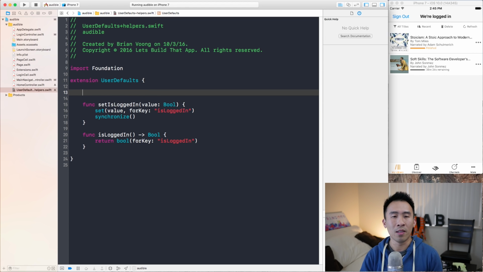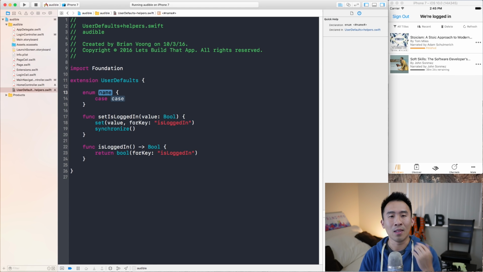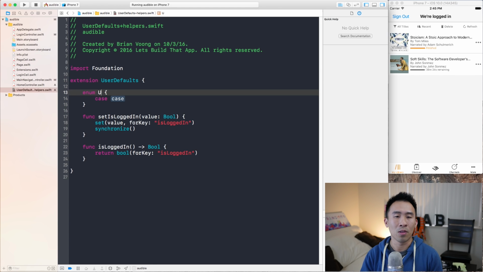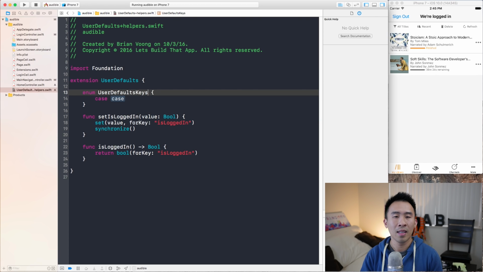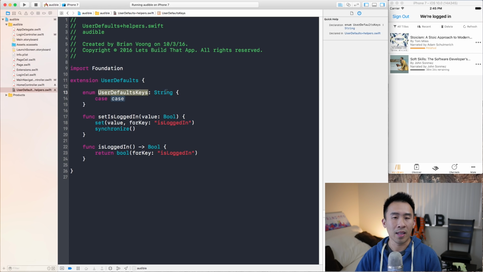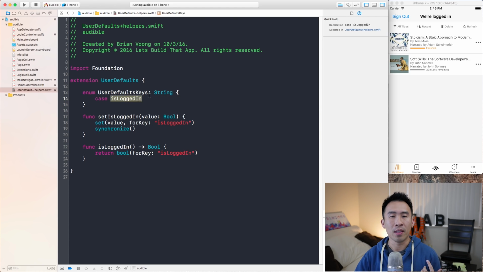Well, one way to do this is to use an enum like this, an enumeration in Swift, and you can call this UserDefaultsKeys and specify it with a type of string. And inside the first case, you can say isLoggedIn, and this will give you one enum value, which is a string. You can use that inside of here by specifying